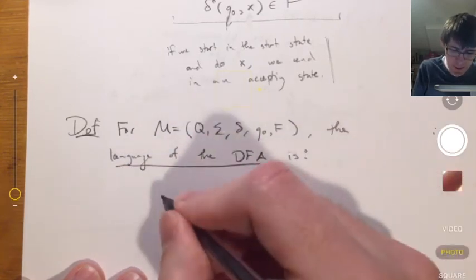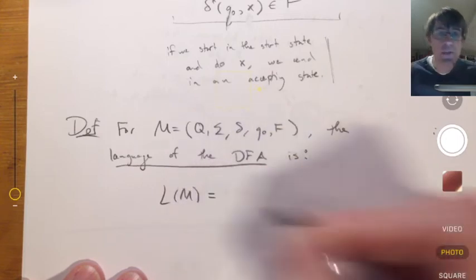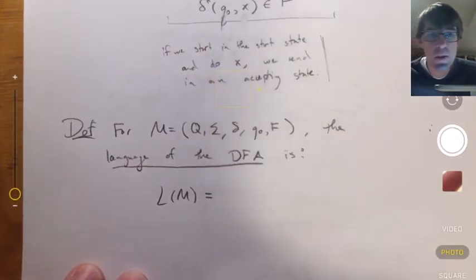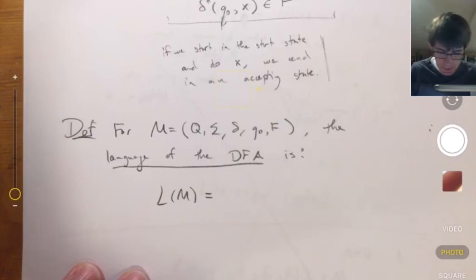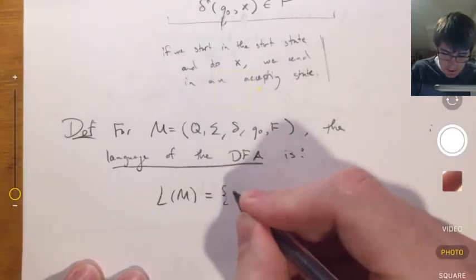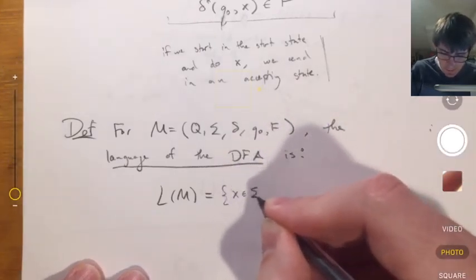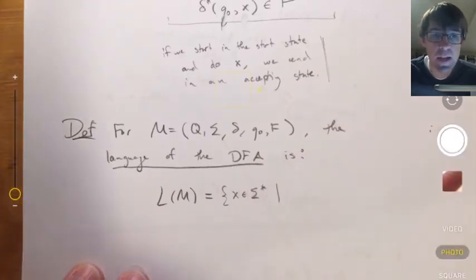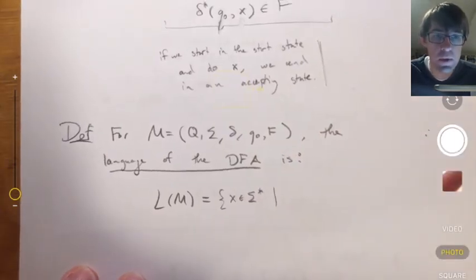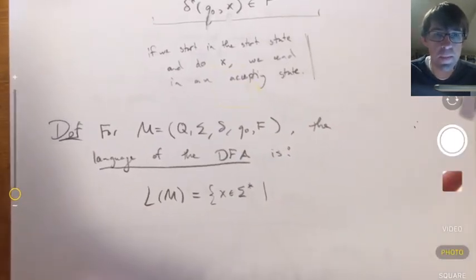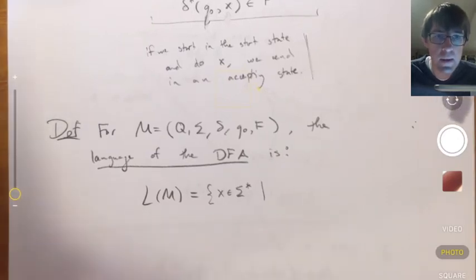The language is, we write L of M. It's just the set of all X's which are accepted. So I'm going to say the set of all X in sigma star, that is, X has to be a string using the appropriate alphabet, which is sigma, such that,